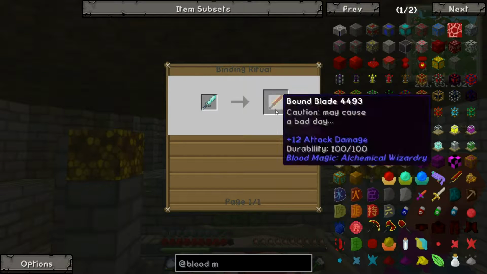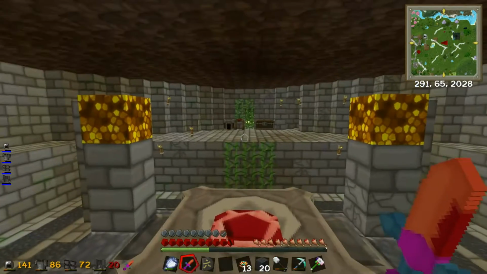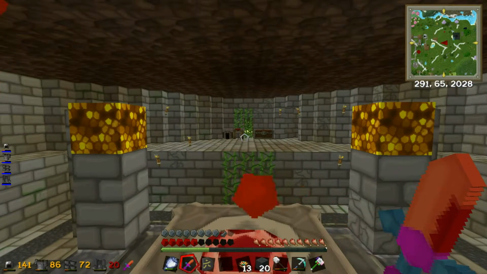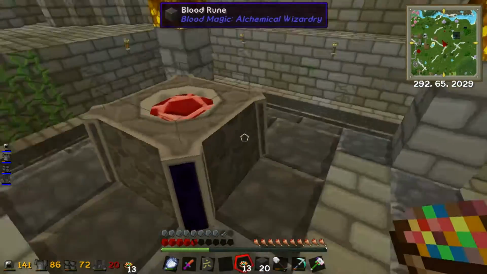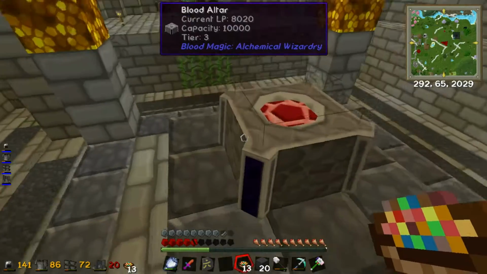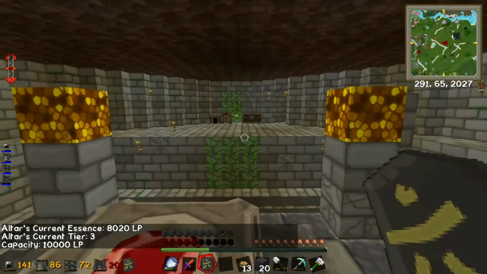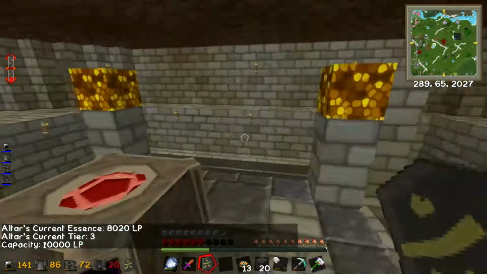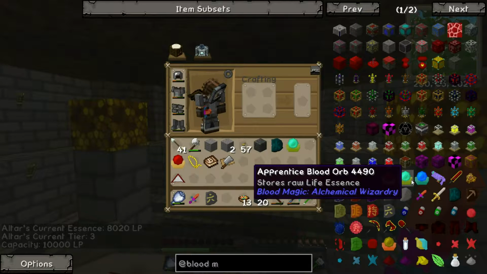It's outside my house, so we could actually make a bound blade, and then off camera I could collect some weak blood shards. Why not? I had nothing planned for this episode, so why not? So let's check. We now have a tier 3 altar,